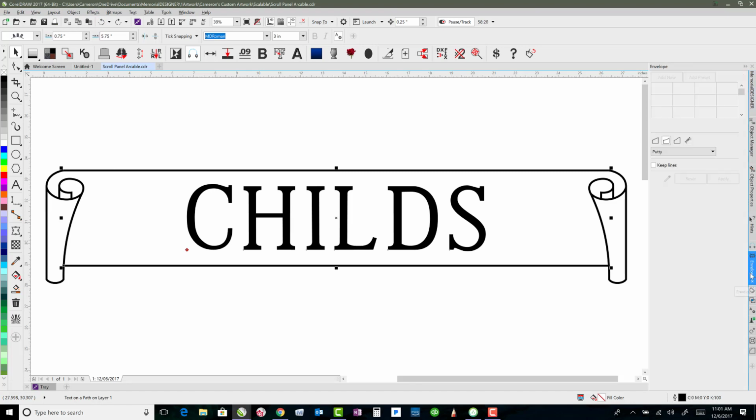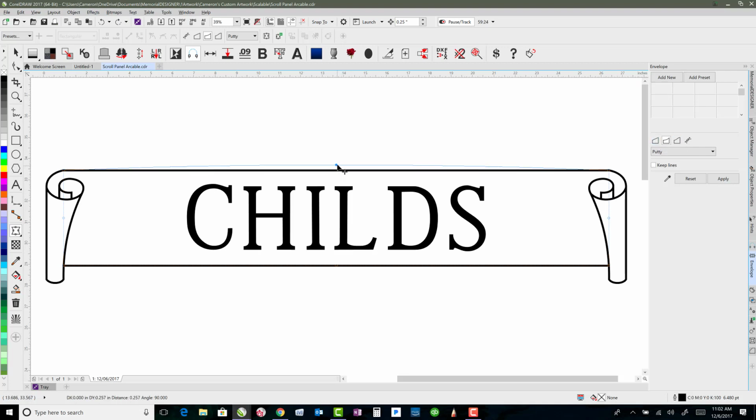apply an envelope to it. So if I go to envelope, I double click so that I'm selecting just the lines itself and not the text that's fit to those lines. And then I say add new. I'm choosing single arc for my line style. There's also double arc if I wanted it to be more serpentine or a straight line, but I'm choosing single